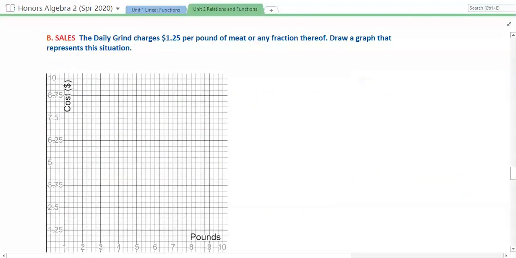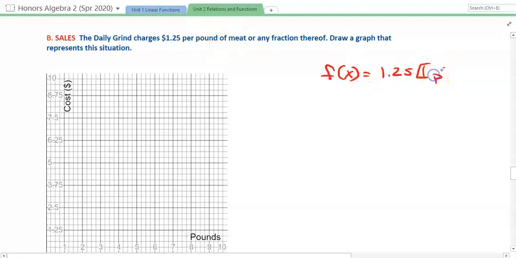And so we look at this example, the daily grind charges $1.25 per pound of meat or any fraction thereof. Draw a graph that represents the situation. And so this is, again, different than going to the grocery store and just buying meat, right? Because if you go and buy 1.5 pounds of meat, you do 1.5 times the $1.25 and get your total cost. But again, this is a step function, so it's going to be the 125 is our multiplier times the